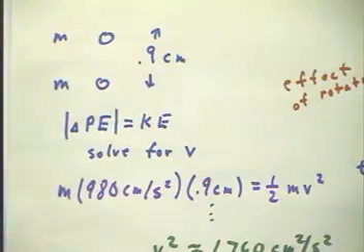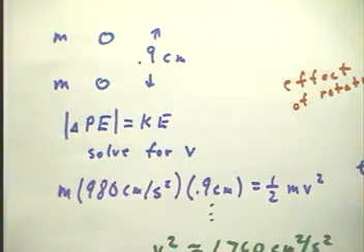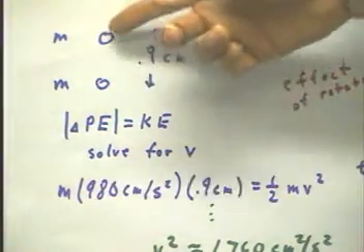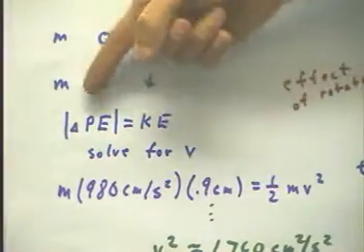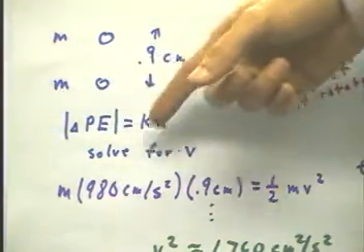To help make sense of this, let's say that we have a 0.9 centimeter drop, as we had on the data that we actually took in class. Okay, this 0.9 centimeter drop gave us a potential energy change. As the ball dropped, the potential energy decreased. Now, if the change of potential energy equals the kinetic energy, then we have an equation that we can solve